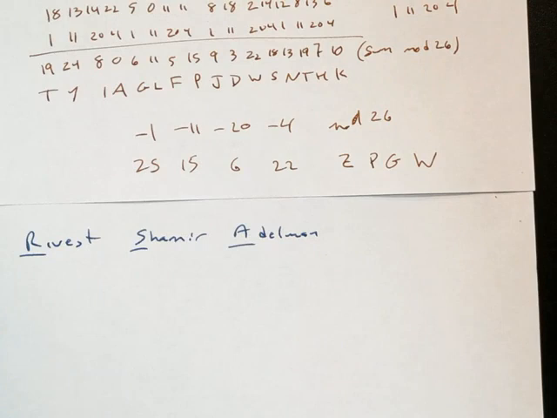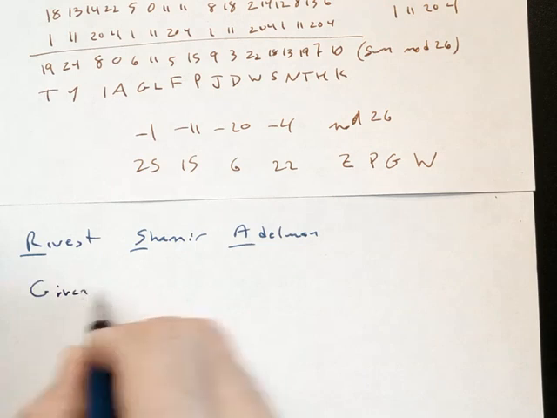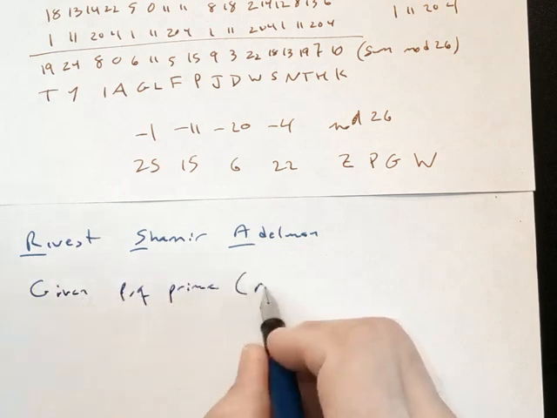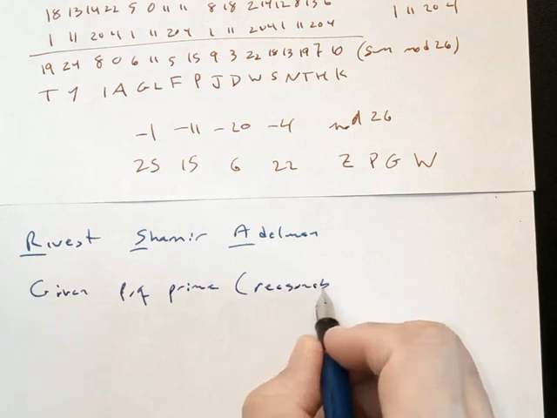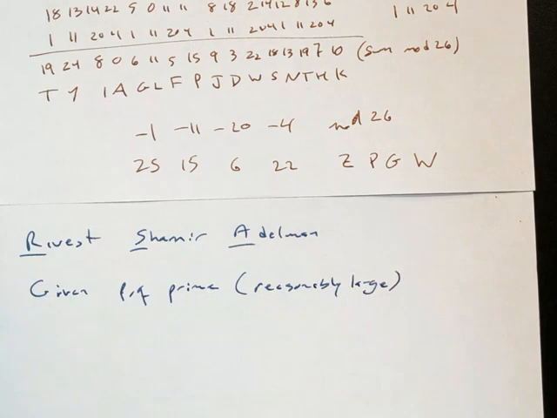If I have two reasonably large prime numbers, now when I say reasonably large, I mean, I don't know, 100 digits long. Large. Because I'm going to do this on my computer. It's fairly easy to multiply them together.